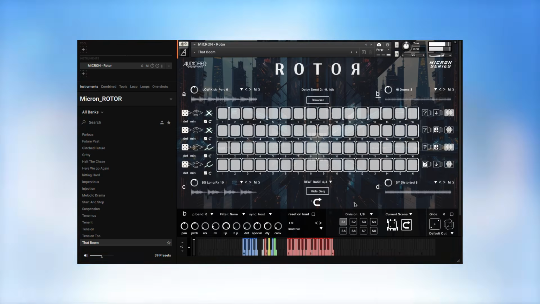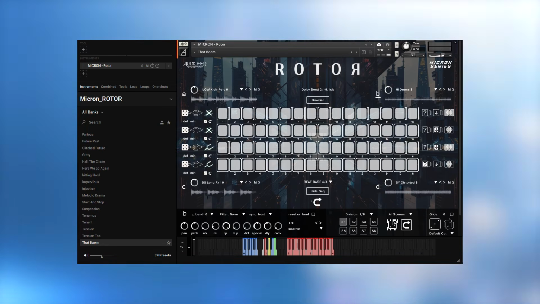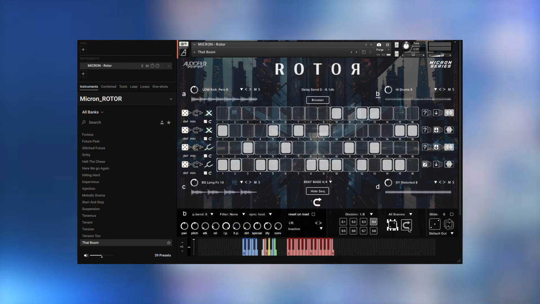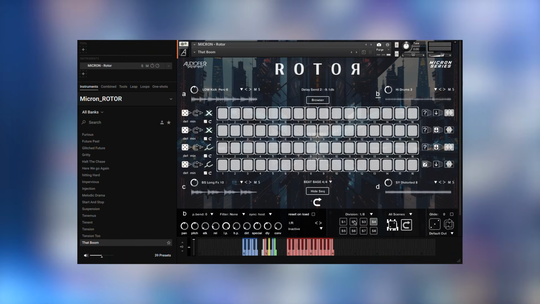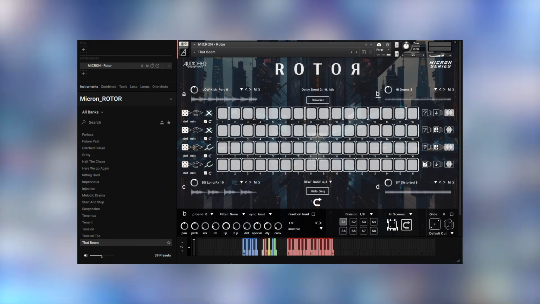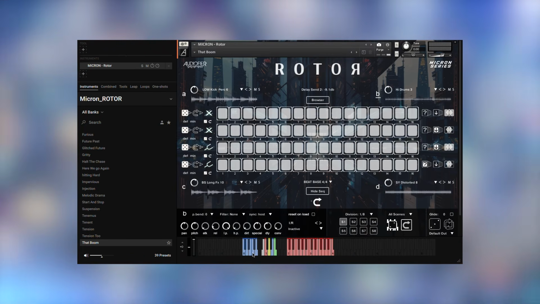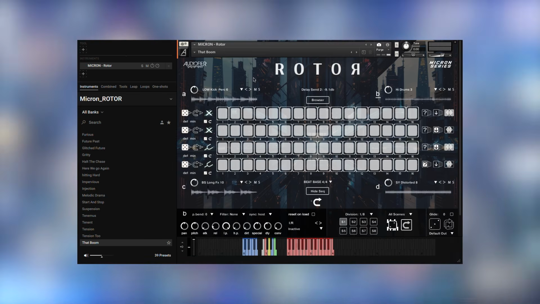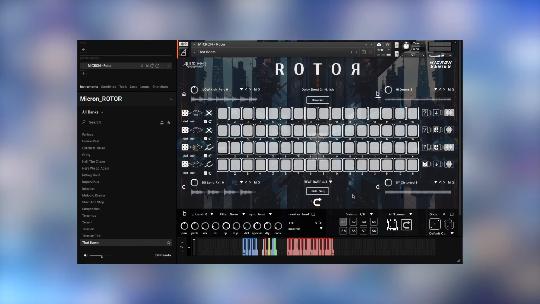And this is applied to the current scene or to all the scenes at the same time. So I can randomize all the scenes at the same time, or reset all the scenes at the same time. And as I said, we can recall these scenes by using this blue key switch over here from C0 to G0. One thing that I didn't mention is that for every kind of XY library of the Micron series,